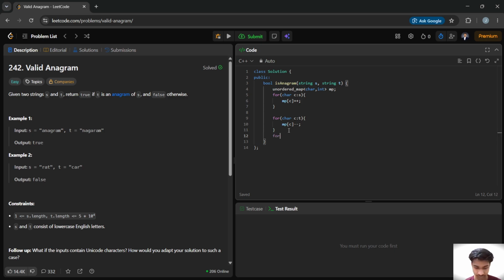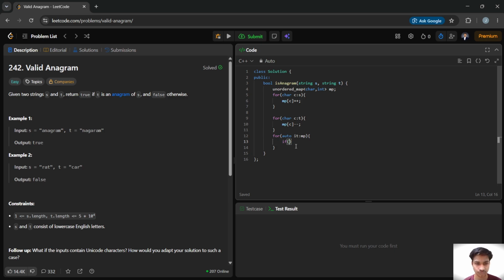And now we check every character stored inside the map. So I take a for loop. And if any frequency is not zero, it means the strings are different.